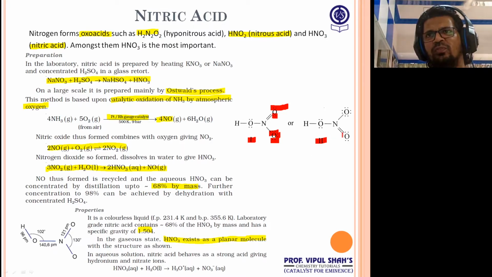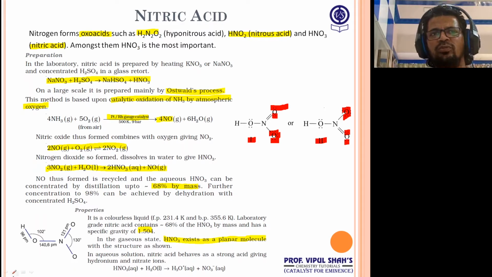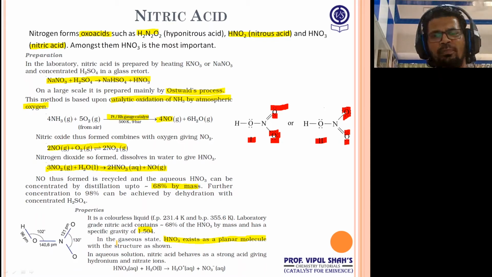So that's what it is. When it's a double bond, oxygen has 2 lone pairs, single bond 3 lone pairs. That's what you rightly see. Here there are 2, and then over here it becomes a single bond, so it becomes 6 over there. Clear everybody? That's one. That's the resonating structure with respect to nitric acid. Then the second part we have now to discuss is the next part, the properties.